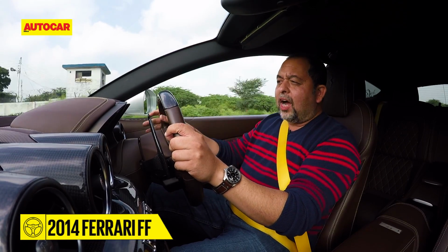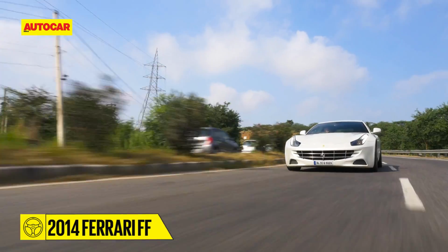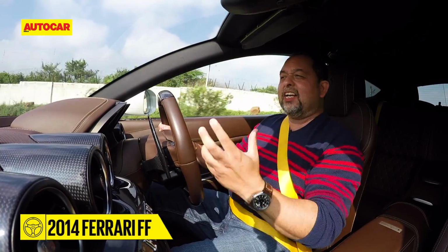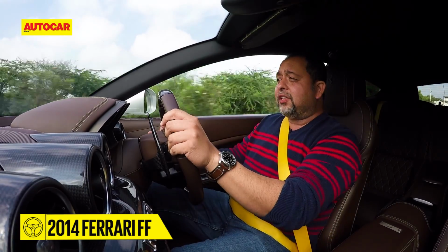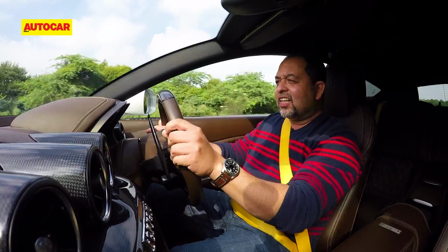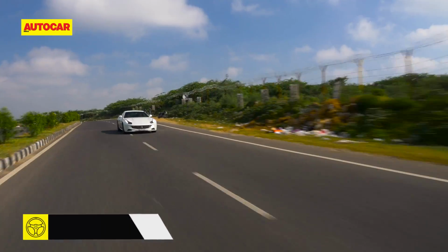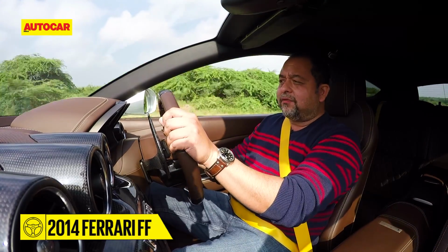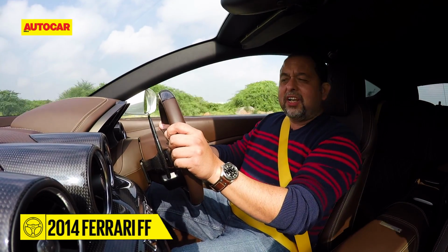It costs 2.5 crores, but it's just done 10,000 kilometers and the 12-cylinder feels fresh, new, and absolutely in its prime. It's just sublime. I'm remembering driving this car from way back, and on this stretch here, just pulling it to 7,000 is just incredible. It really does feel like a car that's hardly done 5,000 or 6,000 kilometers, and honestly, it really is in